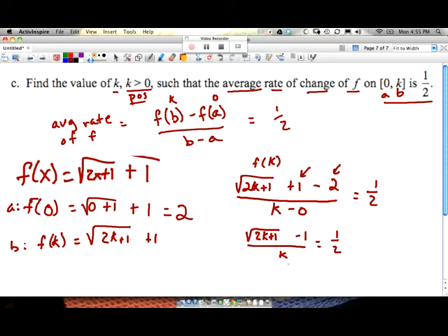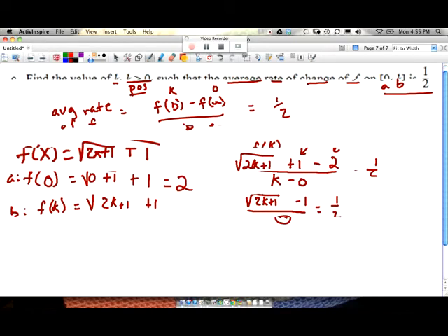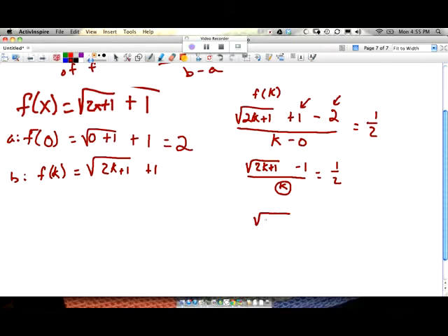All right. At this point, I would like to multiply the k to both sides. That's going to give me the square root of 2k plus 1 minus 1 equals k over 2. Now when I'm at this point, there's a few things you could do, but I'm going to move this 1 over and then get rid of that square root, because really this square root is the hardest piece to get around. So I'm going to move this 1 over,